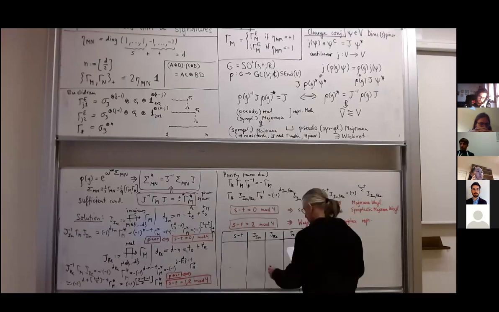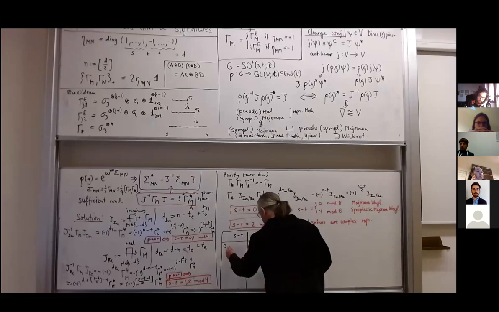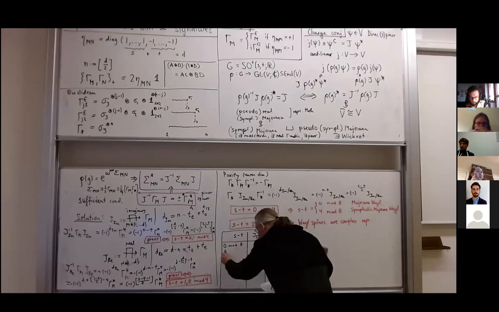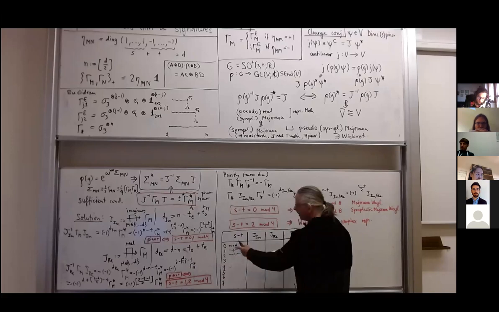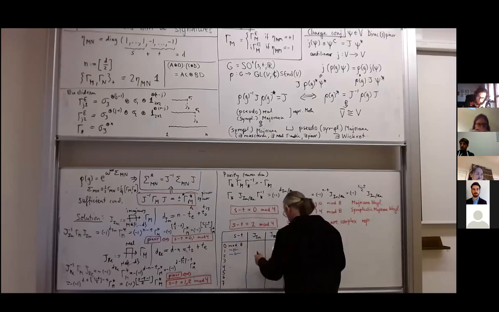So we would have 0 mod 8. You have 1, 2, 3, 4, 5, 6, 7, and then mod 8, of course, all of it. And then we have seen that when we get to this condition, we would get